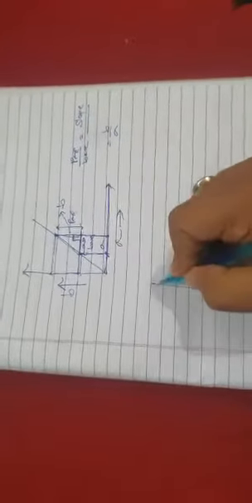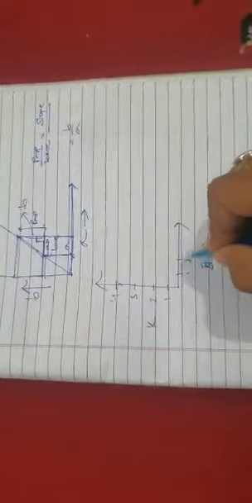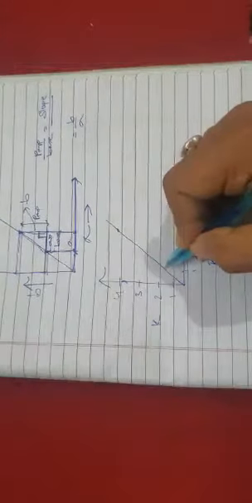Suppose for example you have a graph where a value k is plotted 1 2 3 4 in this way, and a value m is plotted 1 2 3 4 in this way. Now suppose the graph is like this. Suppose from this point to this point you want to take out the slope.